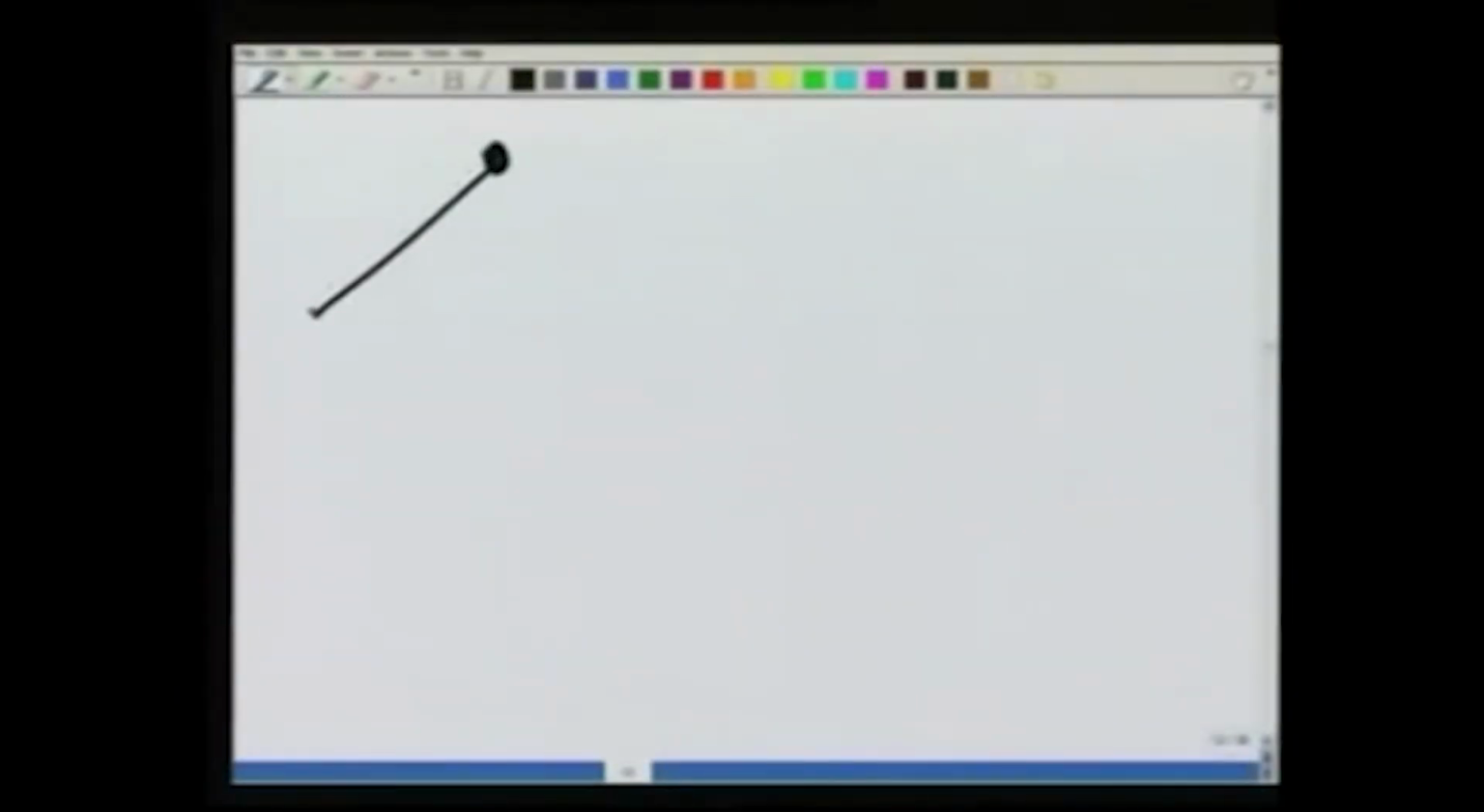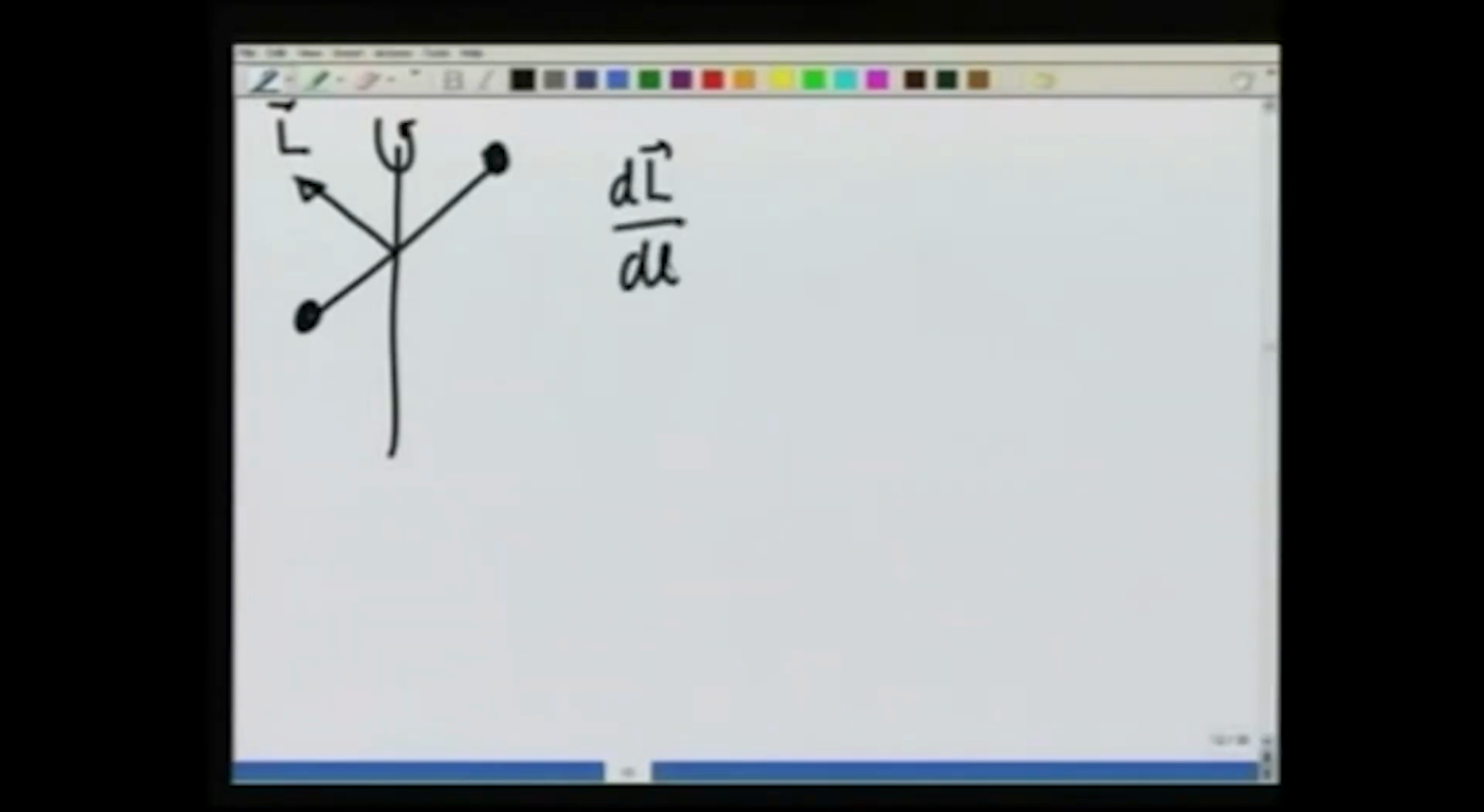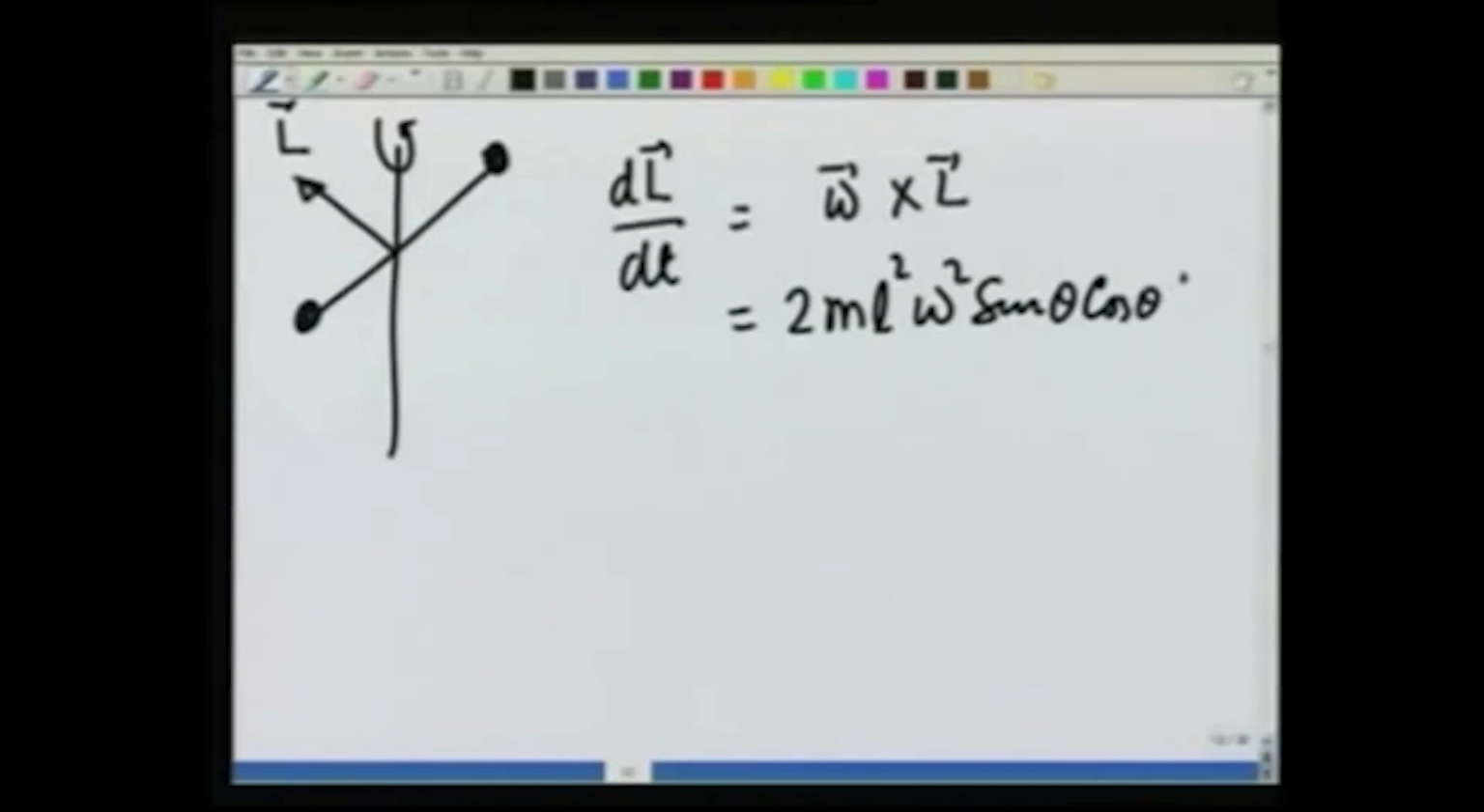So, let me write it explicitly. What we got in this rod, if it is rotating like this, this is L, and therefore dL/dt, which was omega cross L, came out to be 2 m L square omega square sin theta cosine theta k. On the other hand, if I calculate it using